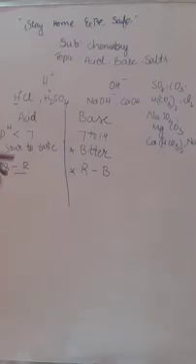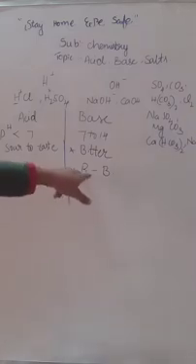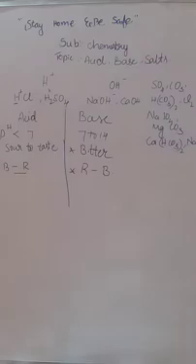What happens if we dip a red litmus paper in an acid? It does not become blue. Red itself is red only. And here also, what happens if we dip a blue litmus paper in a base? Blue itself is blue only, it doesn't change the color. Acids turn the blue litmus paper to red, and bases turn red litmus paper to blue. So that is very important.